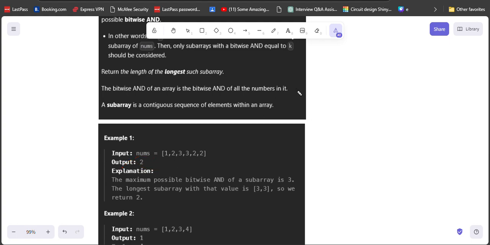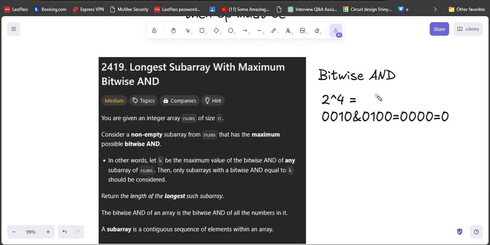How? First understand the bitwise AND operation. If we do 2 and 4, the output is 0. How do we calculate the AND? AND of 1 and 0 is 0. The AND of 1 and 1 is 1. It means the AND operation of 1 and 1 is only 1. The AND operation of 1 and 0 is 0, 0 and 1 is also 0, 0 and 0 is also 0.